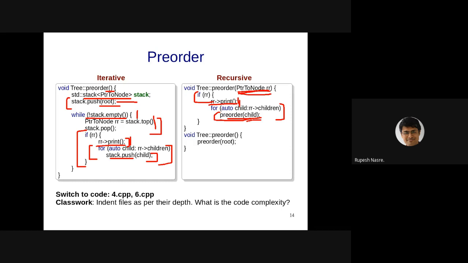Andrea says keep a counter for each time we go 1 level down and pop parent. Each time print those many tabs. That is correct. So we keep track of that. Whenever we go 1 level down, at that time we increment the counter. But there is some small issue with that. Right? So this is correct, but this is incomplete. There is something more required in the iterative version.